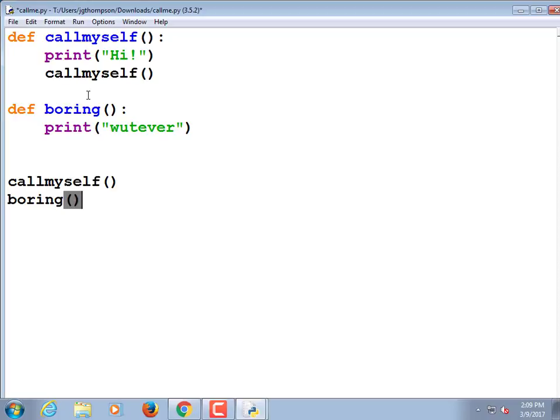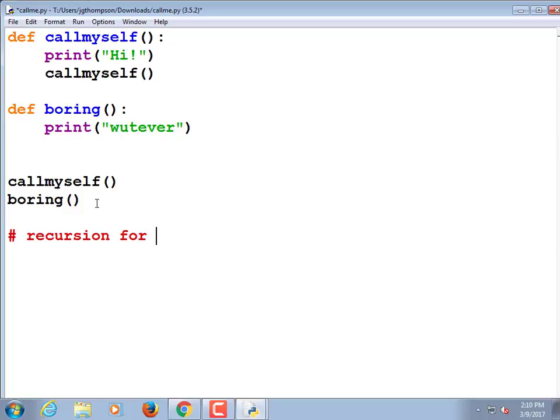Your computer only has so much memory. Each program is only allowed to use so much memory. Nowadays they have gigabytes, but still, there are limits. It runs up here, allocates a little bit, and then when it escapes, it frees the memory. Here it runs up there, it allocates a little bit, it calls itself, which allocates a little bit more, which calls itself, which allocates a little bit more, and so on. Never stops. So if you're going to do recursion, you have to provide a way for it to stop. You have to provide an exit point.